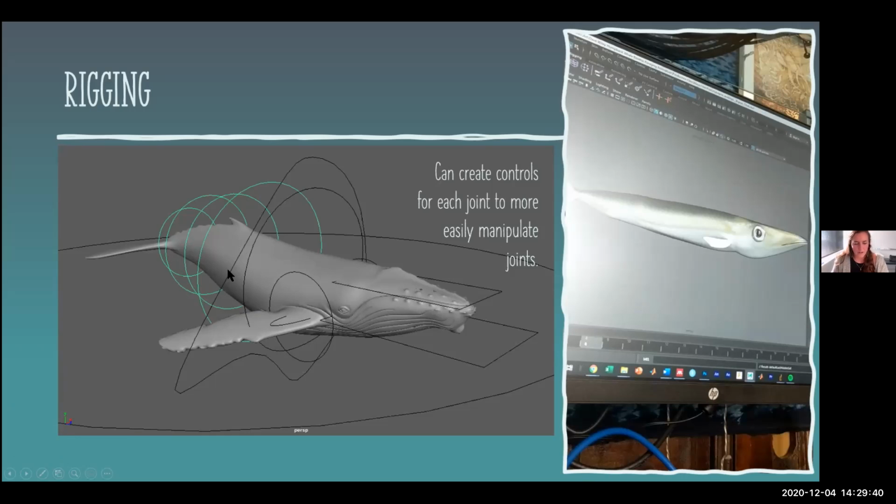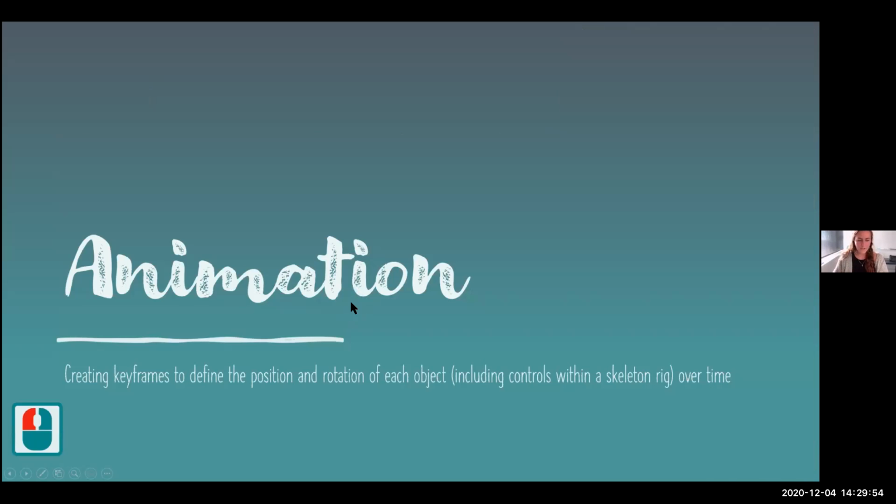So with our whale, my brother helped me rig up these controls with each of the joints of the whale, so that you can move the tail more easily without having to go inside the mesh each time and manipulate those skeletons. Okay, and then to animate,